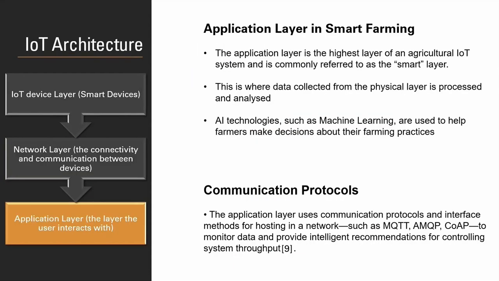The application layer is the layer the user interacts with and is commonly referred to as the smart layer. This is where data is collected and analyzed. AI technologies such as machine learning are being used to help farmers make better decisions. The communication protocol commonly used is MQTT, and it is used to monitor and provide intelligent recommendations for controlling system